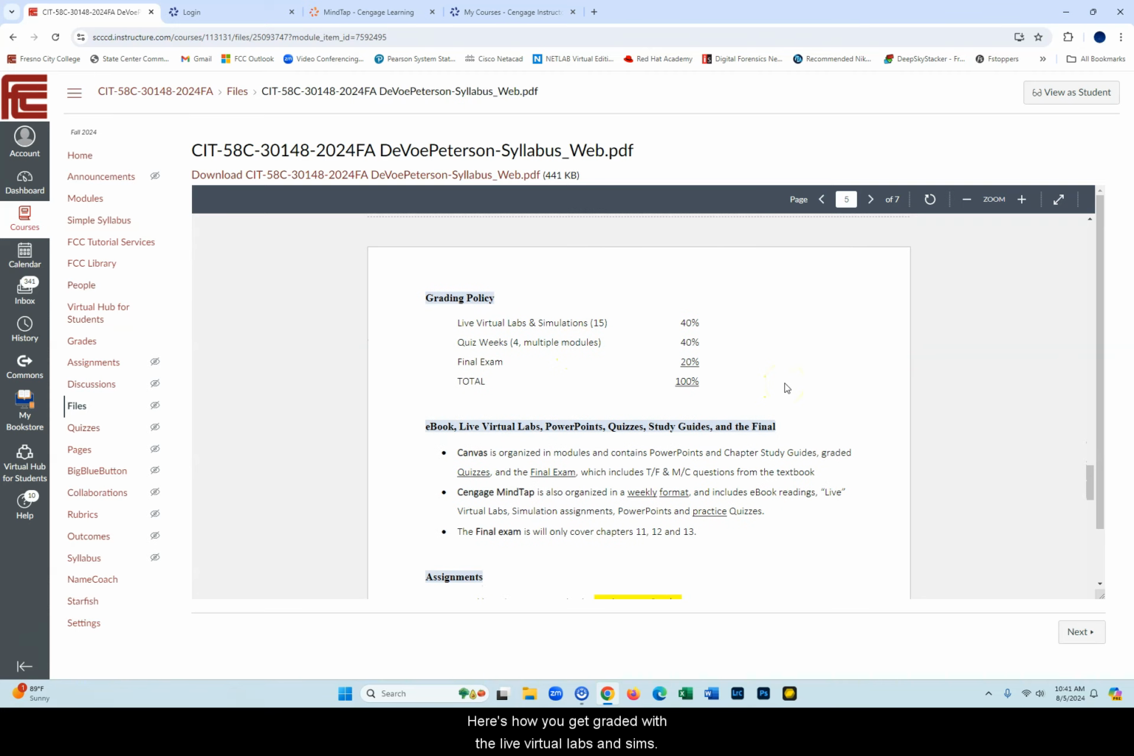Here's how you get graded with the live virtual labs and sims. There's 15 of them. That's 40% of your grade. There are quiz weeks. We have 4 quiz weeks on multiple modules. That's 40%, and the final is worth 20%. Now, the simulations, that's 40%, includes hands-on simulations, which is really kind of a key component of this